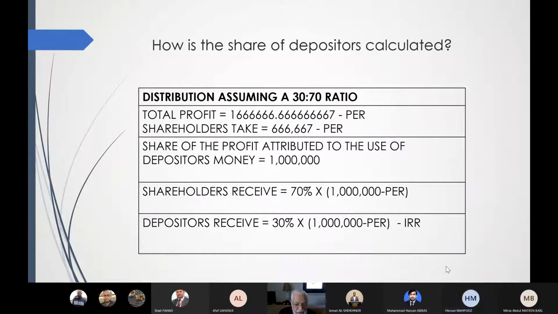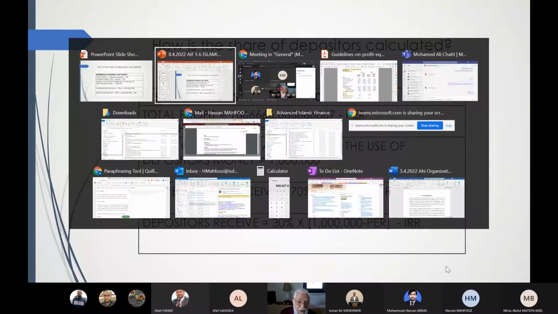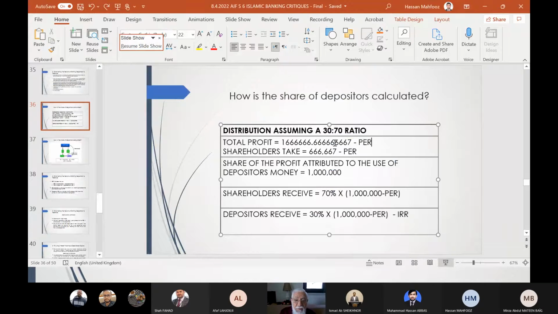The PER that is known outside Pakistan, and that is rejected for practice in the Gulf countries and in many other countries, is a PER that is taken from the total profit, in this example from the 1.6 million, not from the 1 million that is the share of the depositors before it is distributed between Mudarib and fund